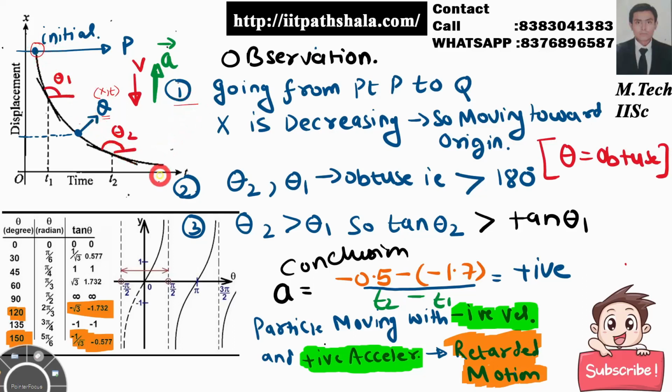Fine with that. Now regarding the slope, take 2 points, namely point a and point b. Take 2 points over here and have the tangents at these points, with angles theta 1 and theta 2. Find the value of tan of these angles. As I can see from the figure itself, theta 1 is less than theta 2. So let us have theta 1 as 120 degrees and theta 2 as 150 degrees. From the tabulation, I can say that theta 2 is greater than theta 1.